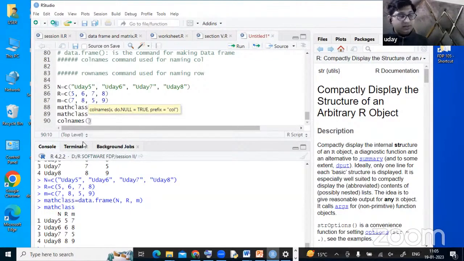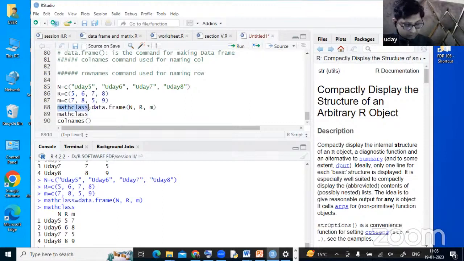If you write name, it will give you the error. Then write the vector name, and then whatever name you want to give. How many columns are there? Three. So I name them